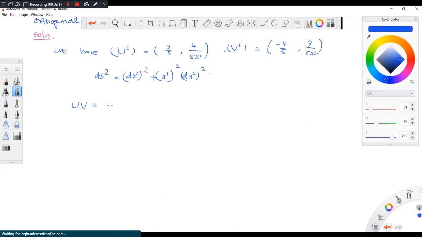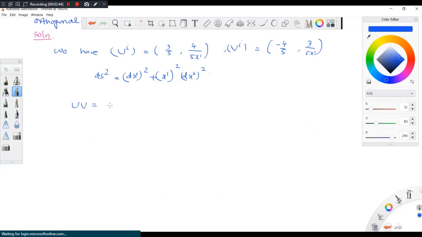So this is equal to g11 U1 V1 plus g22 U2 V2. g12 U1 V2 etc. will come here, but they are all 0. I have only g11 and g22. So this is equal to, what is g11? Its coefficient. So that is 1